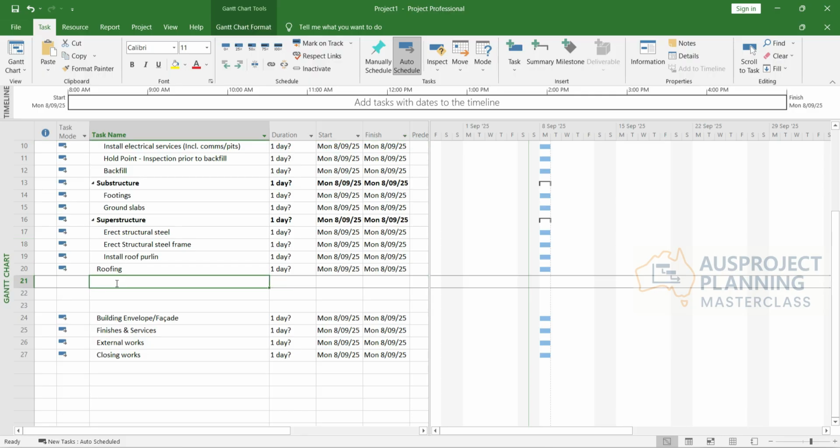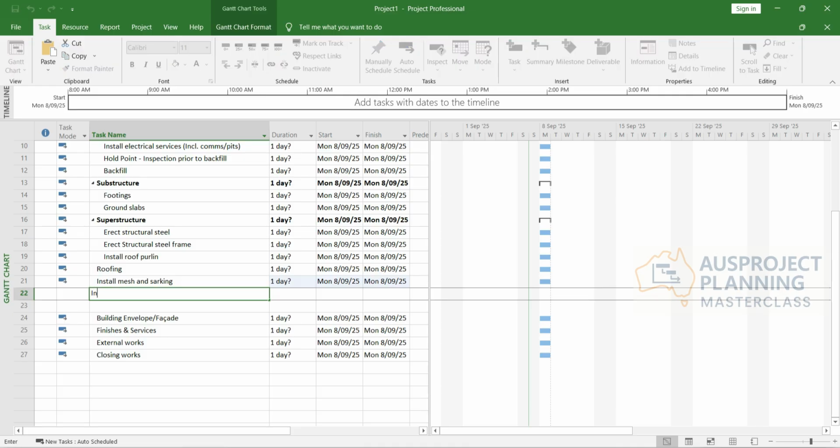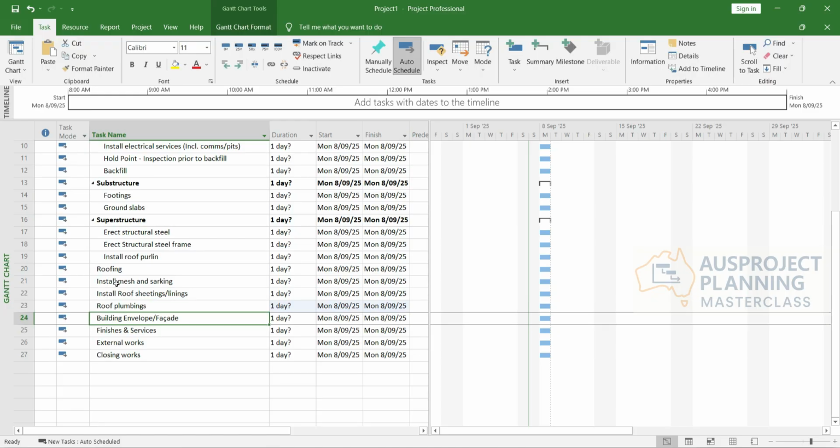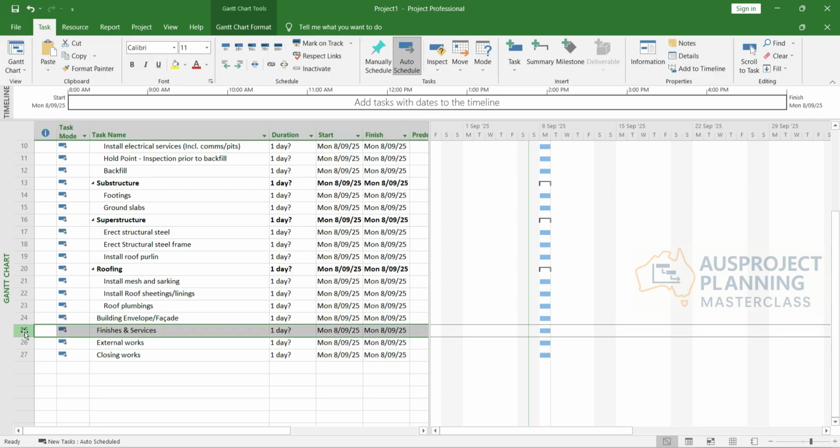So under roofing, you will have install mesh and sarking or insulation, and then install roof sheeting or linings, roof plumbing,